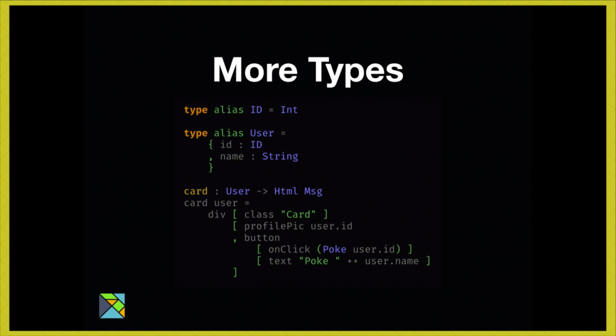So in this case, we've got a type alias user, and we're saying that anytime we say user, what we really mean is a record, like an object, that has an ID of type ID and a name of type string. There's probably in a real application going to be more things in there, but that's enough to get us going. So if you look at our example from earlier, I've added a type annotation, which says that card is of type, and the arrow you can read as,